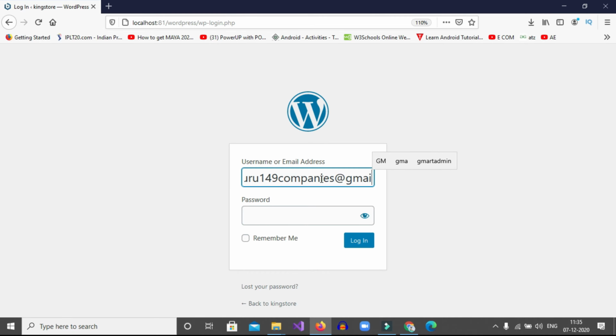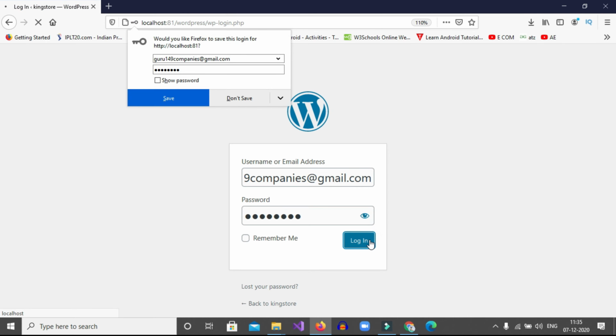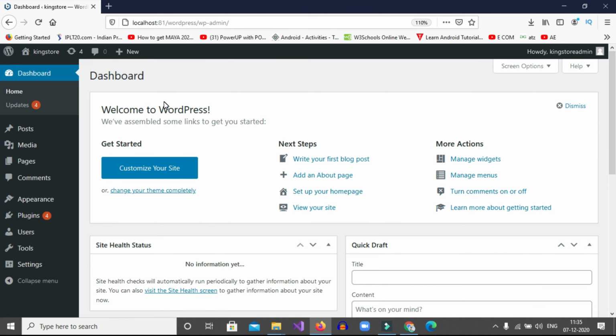I am giving my email address and password. Then simply click on Login. If you want, you can save your password. So this is the WordPress dashboard. Here you can make any changes regarding your website. If you want to add any themes, templates, or change the pages and all, you can do it here.